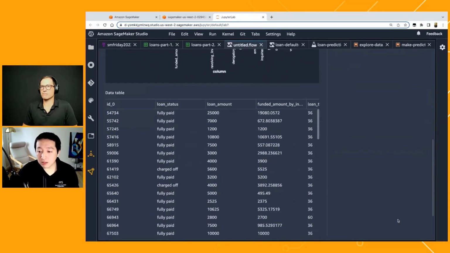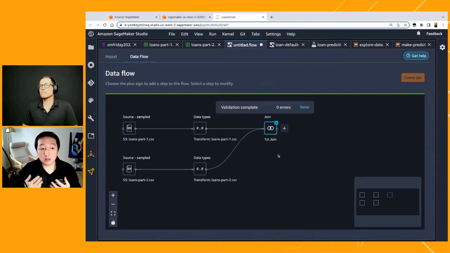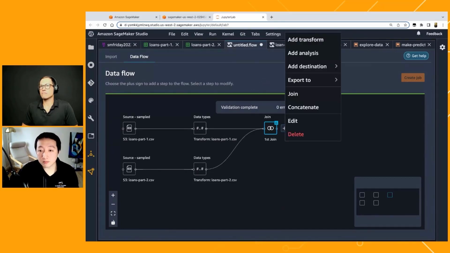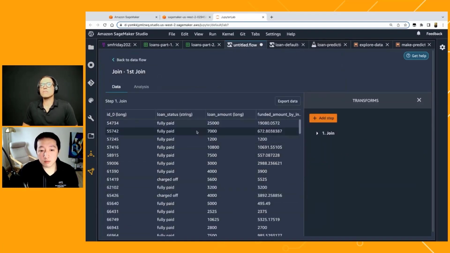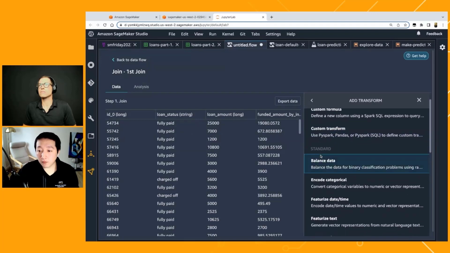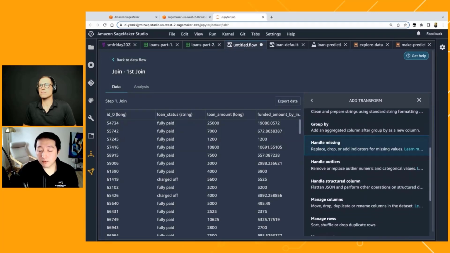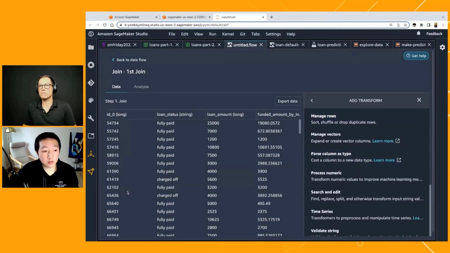So let me save this as a baseline and come back to the data flow, so we can start the data engineering as we just talked about. In order to add a transformation, I add a transform, and this is where we'll start analyzing and also transforming the data. As I was mentioning, Data Wrangler offers many different types of data transformation out of the box, so you don't have to write any code.